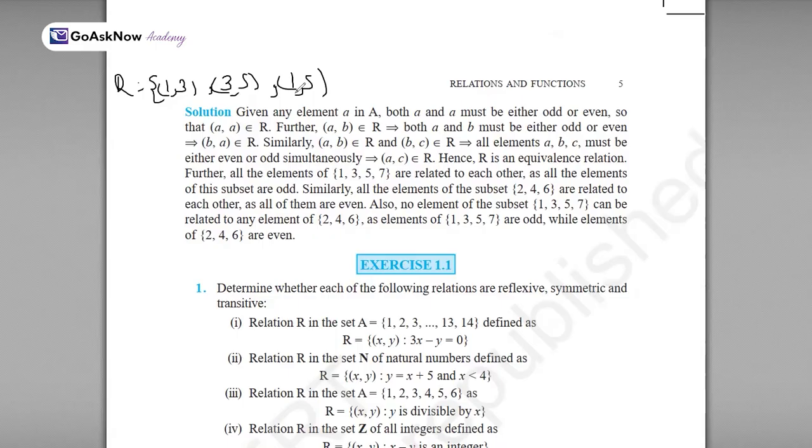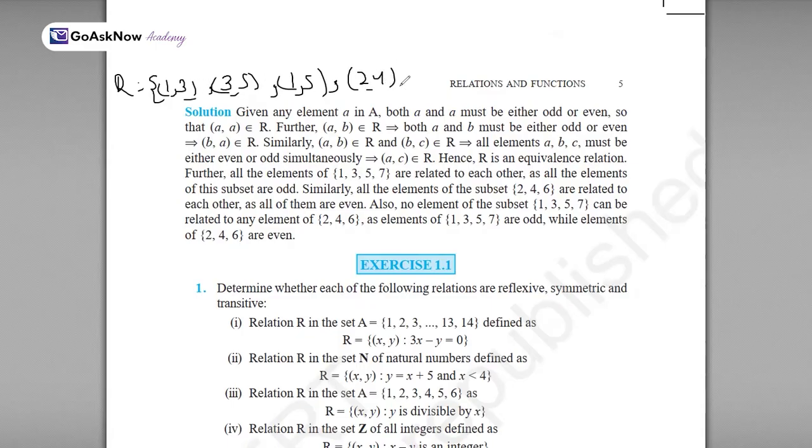So 1 comma 3 is present there and 3 comma 5 is also present here. This implies that 1 comma 5 is also present inside this relation capital R. Why? Because 1 and 5 are also odd numbers and this relation must contain 1 comma 5 also. So this relation is something like, I've shown one example for odd numbers,